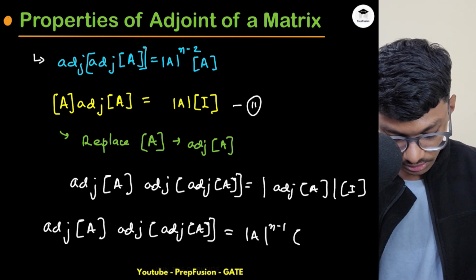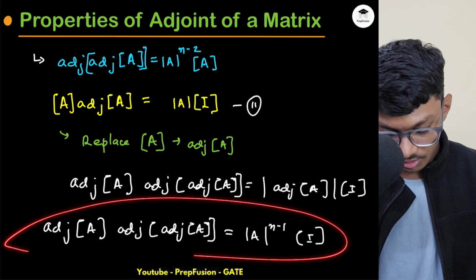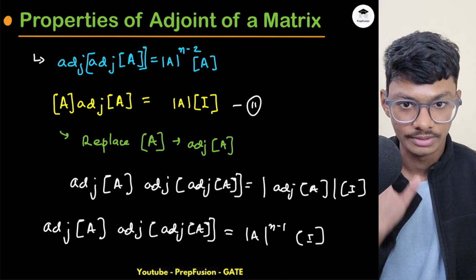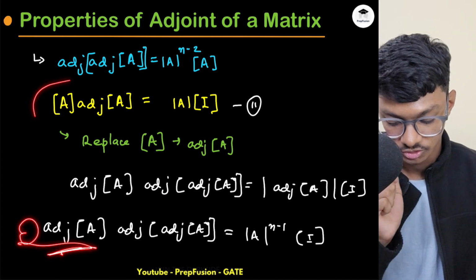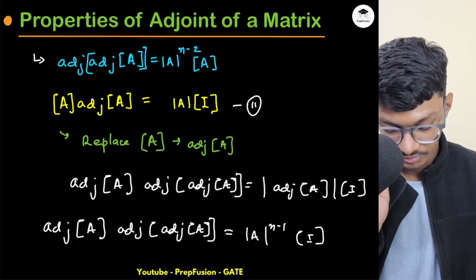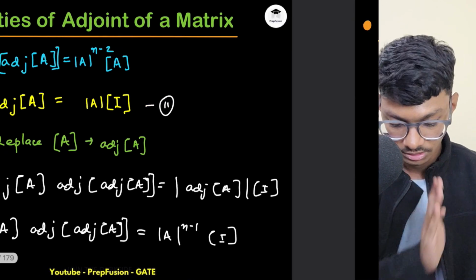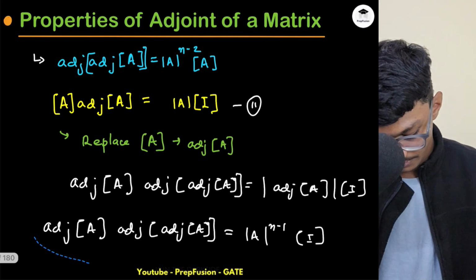Now what next? I can multiply A on both sides. Why do I want to multiply A on both sides? If I multiply A on both sides, this will again be in the form of A adjoint of A, which is here, and which is equal to something scalar type. That is why I want to pre-multiply A on both sides. So if I pre-multiply A on both sides, this will become